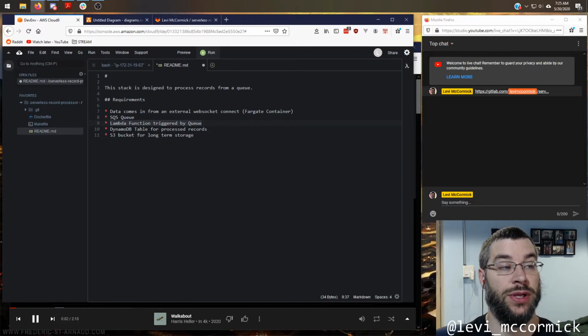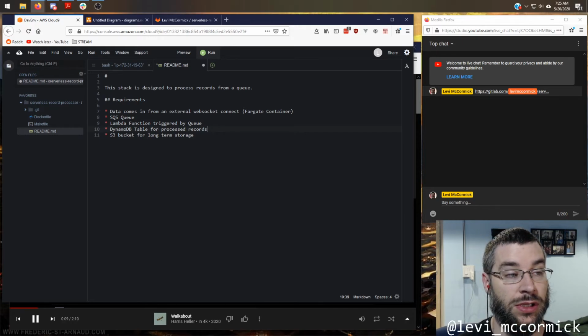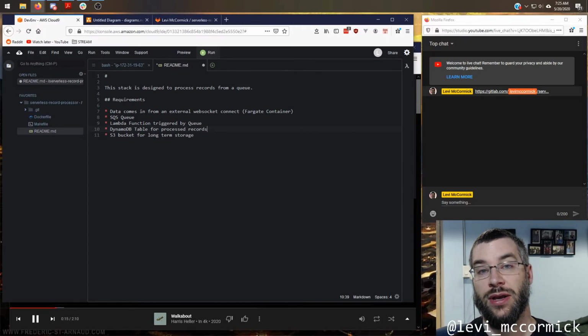Another option would be to put a stream on the Dynamo table, and every time you write one of these new data elements into Dynamo, have a stream on the back end that also basically siphons it down to S3.